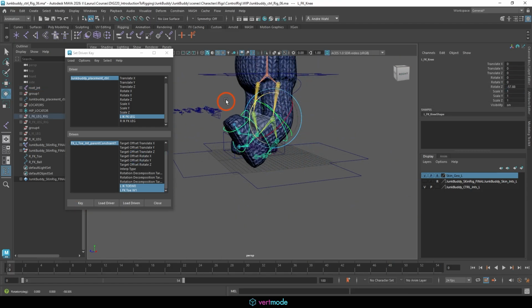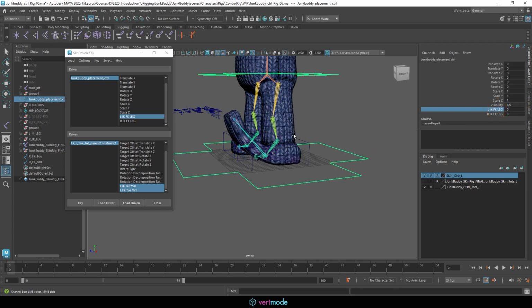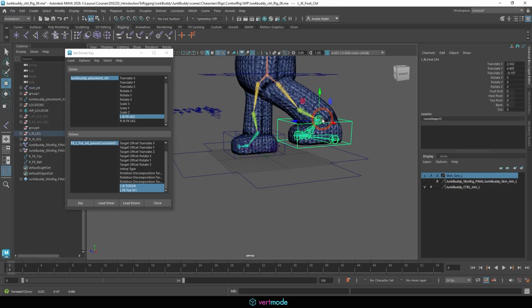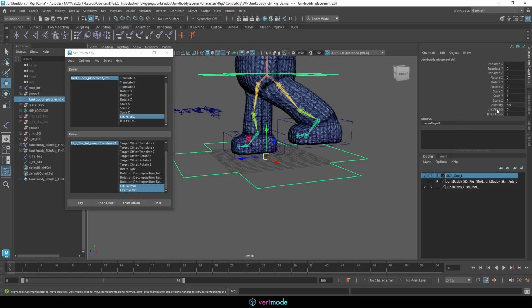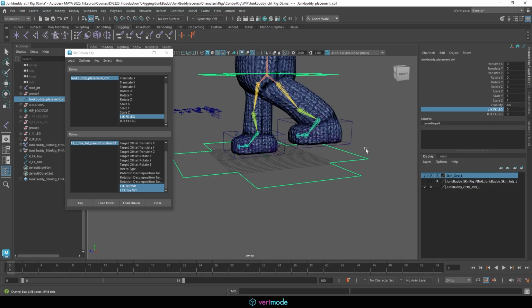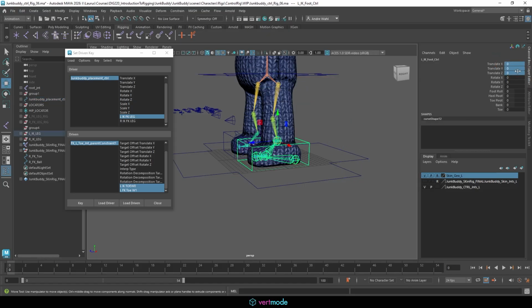What we should see is this toe is fully following the FK system now. And if we go ahead and switch to the IK system, that toe is going to be up in the air. So what we can do now with the IK switch is just switch this to 0 and 1 and key. And now that toe is going to be fully following the IK system. And now you'll see my IK-FK switch is officially done because we needed to get the feet controls in here first. All right, but that is going to be the process there of setting up our FK leg so that